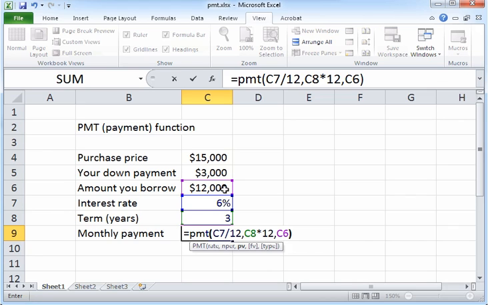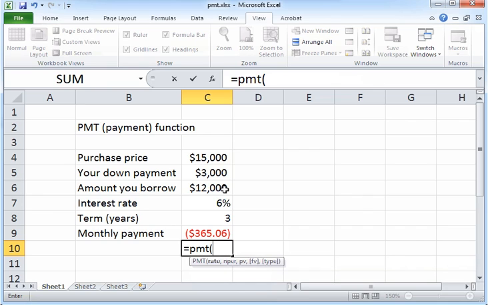The next thing you want to see is the type. The type refers to whether you're repaying your monthly amount at the start of the month or at the end of the month. If you're repaying it at the end of the month, which is the default, then you can enter the type value of 0, or you can just leave it blank as we did in the previous formula, and it'll assume that you're going to repay at the end of the month. But next we'll see how the type will be set to 1 and how that makes a difference for the result. So I enter the payment formula,